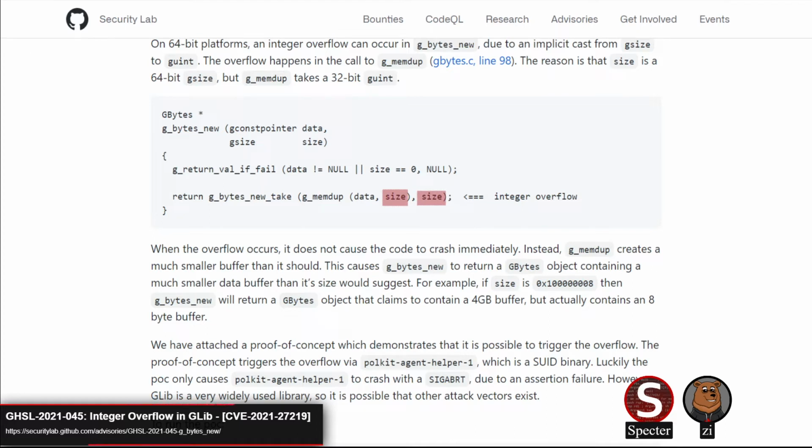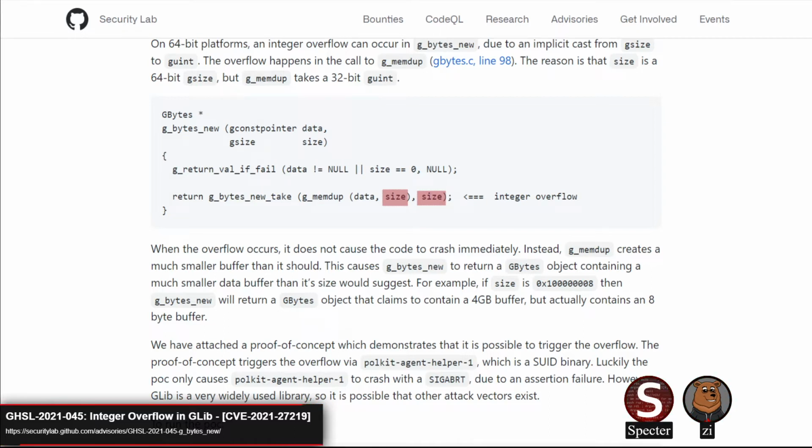So if you pass a really large value, it'll end up allocating a really small buffer, but the size for copying in the data will use the full 64-bit size. So classic integer overflow due to type desync between the size for allocation and the size for use. Well, yeah, due to truncation, I think would be the simple way of putting it. It's truncated when you pass into memdup, so it gets a small one. I love the fact, though, that they are doing kind of the right thing by keeping the size with the buffer. You do get, as you said, that desync between it. I think it's a fun bug.